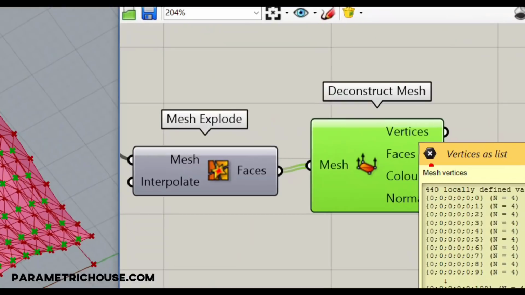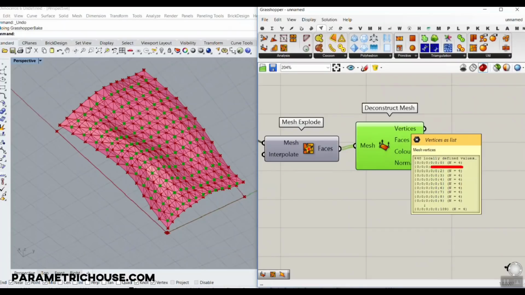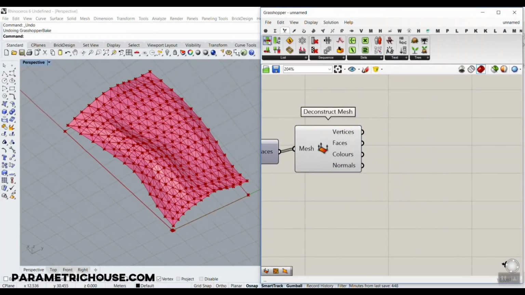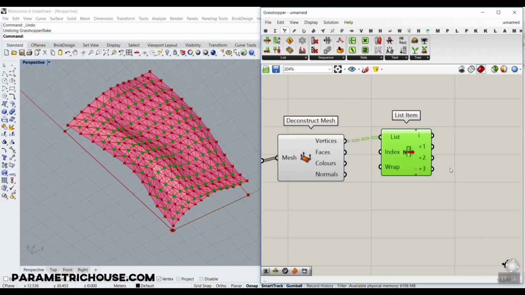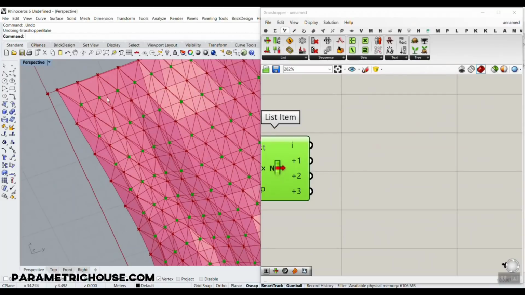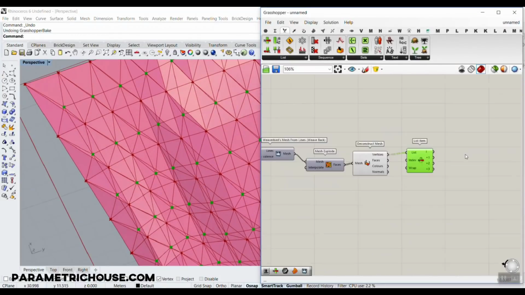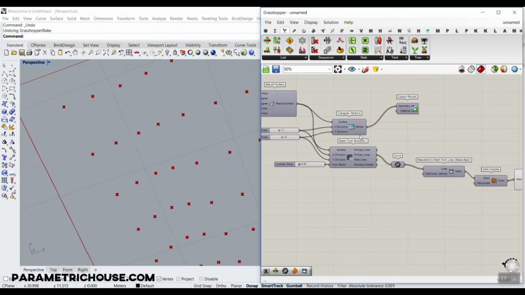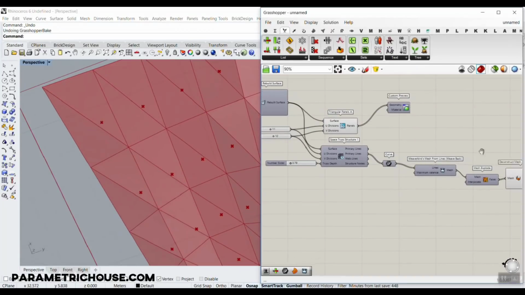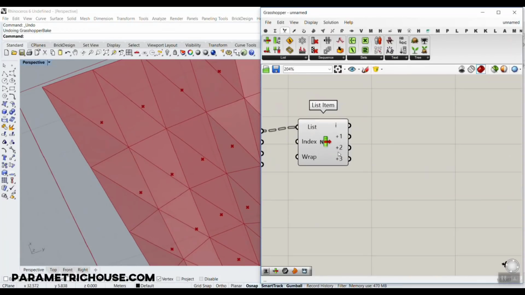Each of them will have 4 vertices. I'm going to go to the list item and extract all of those vertices, right? So we will have 4 vertices here. Let me just turn this panel up there off. Okay, if I want to connect them with a surface, if I go to the surface section,